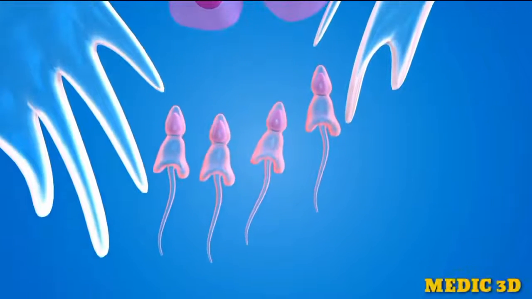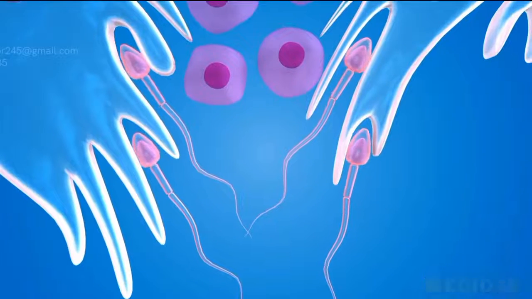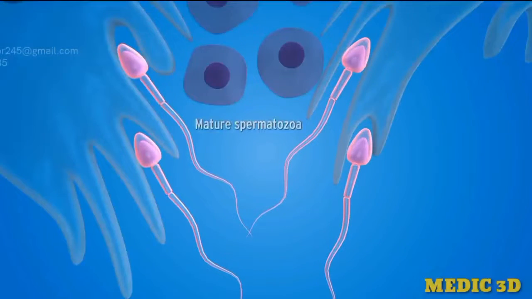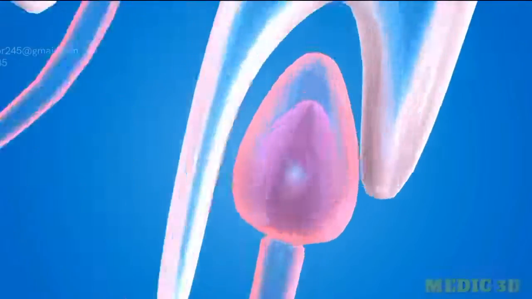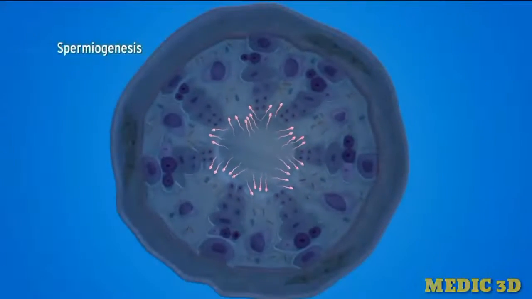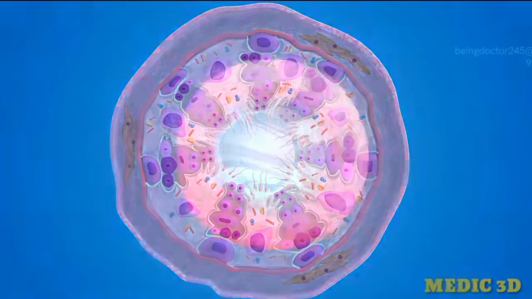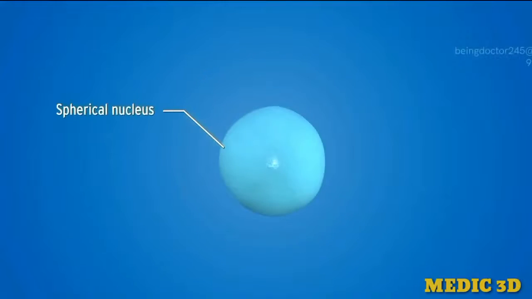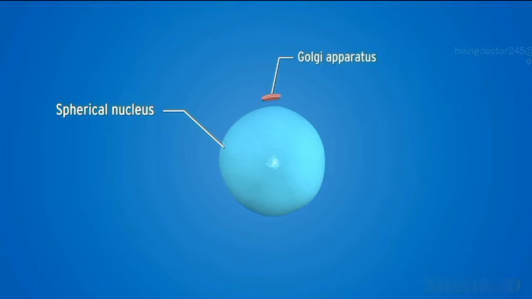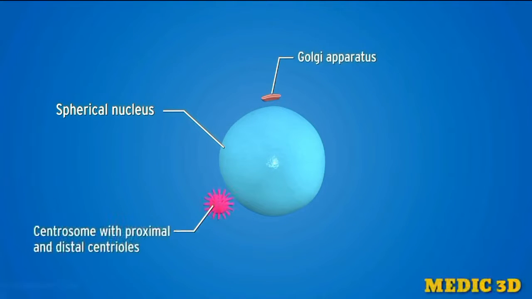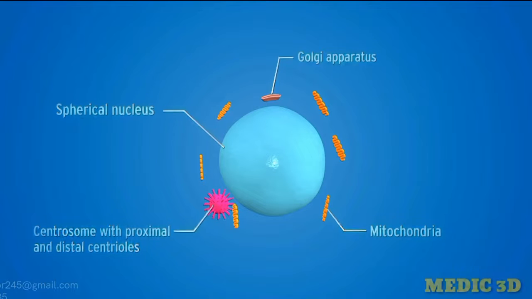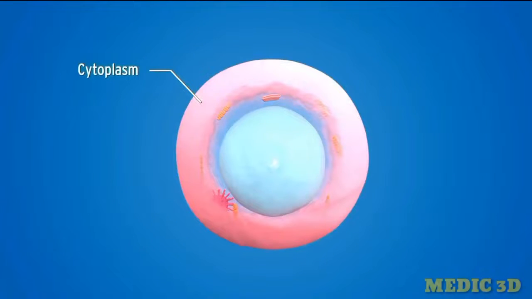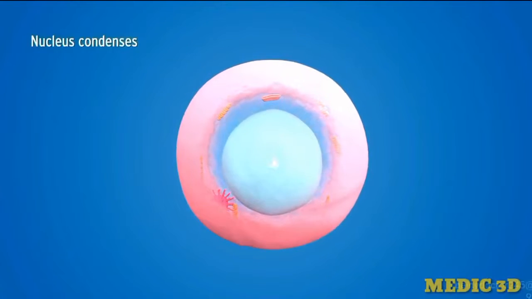These spermatids gradually undergo a series of morphological changes to develop into a mature spermatozoa. This process is known as spermiogenesis. In this process, each spermatid comprises a spherical nucleus, Golgi apparatus, centrosome with proximal and distal centrioles, mitochondria, and cytoplasm. The nucleus condenses,